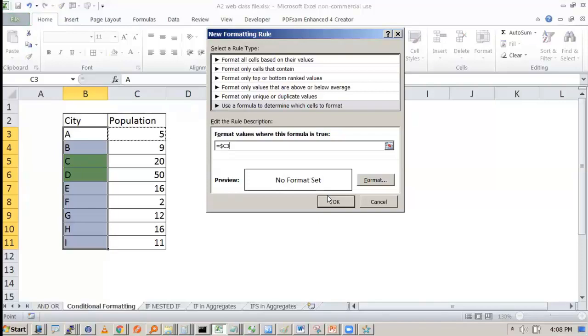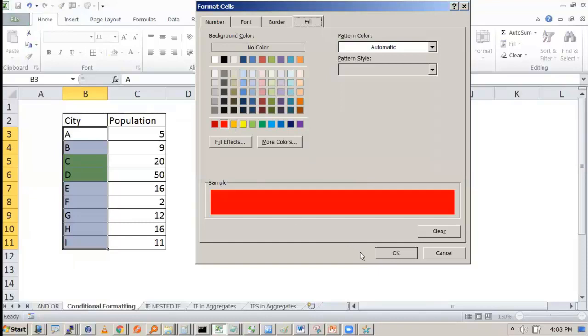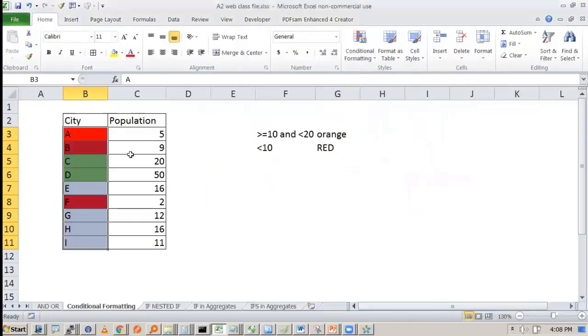This we select and we say that less than 10. We say OK. So what will happen? It will check cell by cell, and wherever it is less than 10, it will highlight. Okay. So these two, less than 10 and greater than equal to 20, were easy.